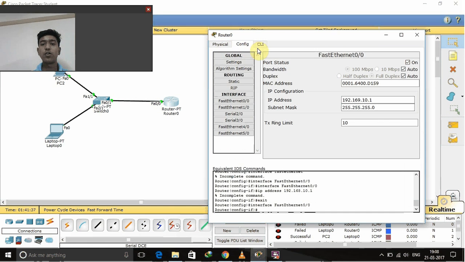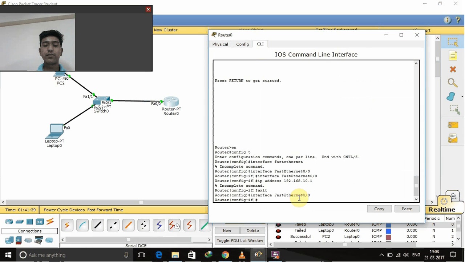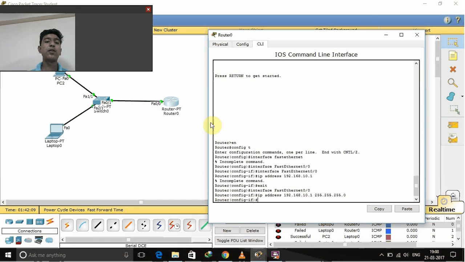Then 192.168.0.1. Then give the subnet mask also, 255.255.255.0, and you can see the IP address is set.